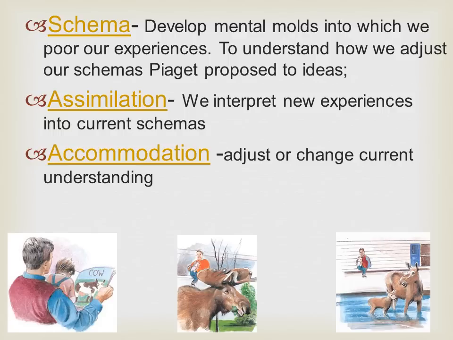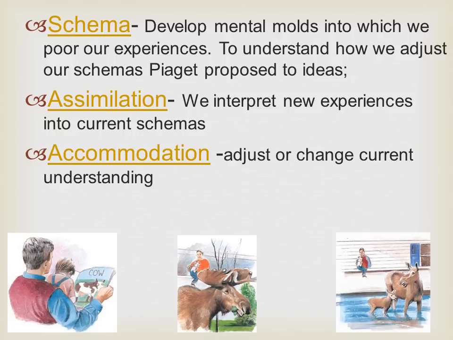Now we have a lot of different schemas in our head that describe a lot of different balls, because we are intellectually probably smarter than most kids. We have volleyballs, basketballs, tennis balls, but they fall into that mold. So the first time little kids learn a term and they learn a new thing, they try to assimilate it to that one experience that they know. So assimilation is we interpret new experiences into current schemas that we have. You guys do this all the time. When I explain maybe a new vocab word, you try and find something that it's similar to help you relate it.